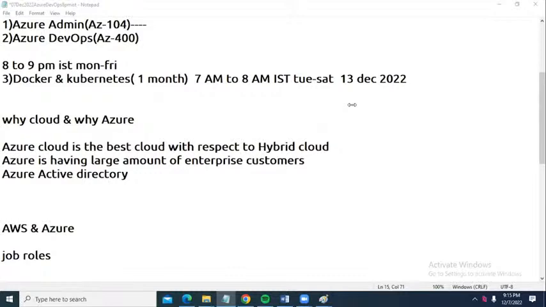Shiva, will there be any practical sessions for us? Everything is practical. You need to have one Azure free trial account. How to create it, I will show tomorrow. For that, you need a credit card. Is only a credit card required, or can we create it with a debit card as well? From India, definitely you need a credit card. Sometimes they accept ICICI and SBI debit cards also. Some people have told me so, so try your luck.